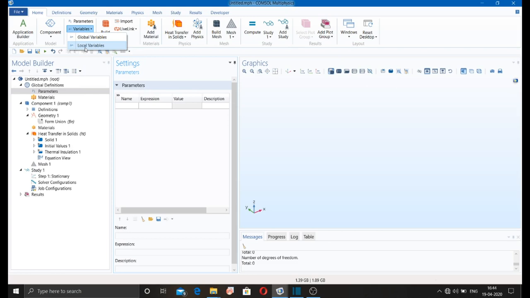Okay, but with local ones you can't use these particular variables or parameters everywhere. You can use them only in the definition part, so the locally defining part of your model, geometry, material, physics, meshes, anything else.